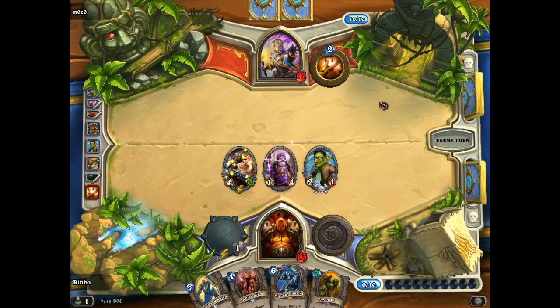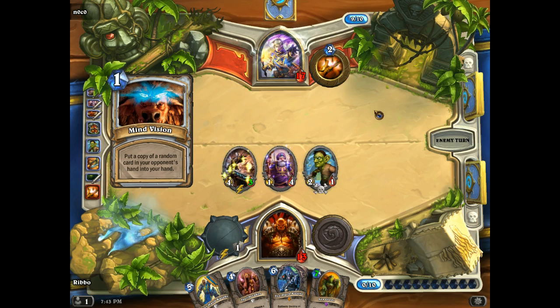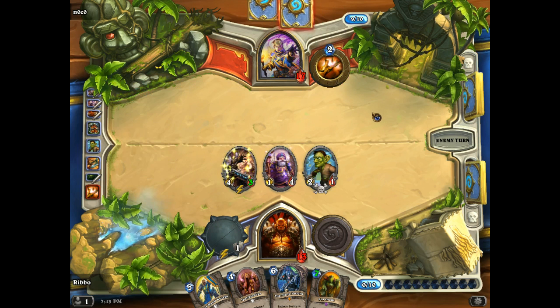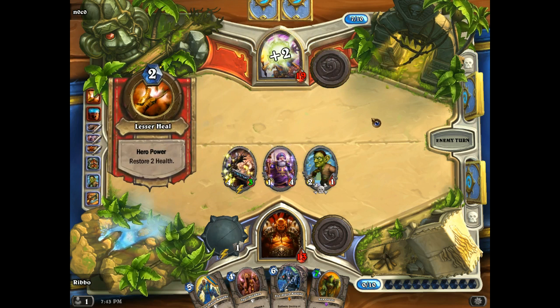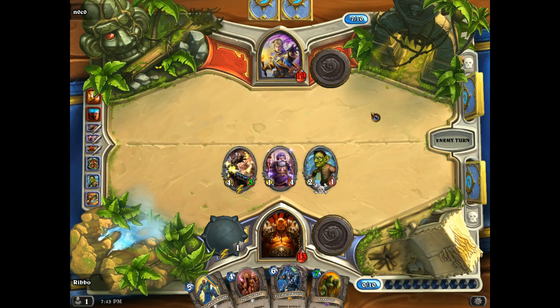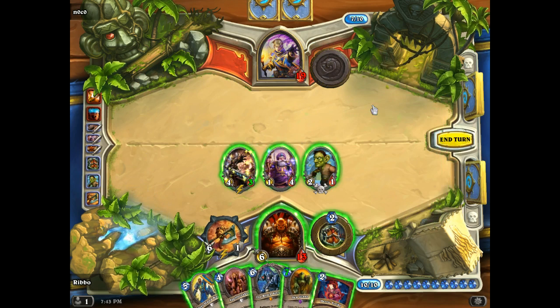Well, it was looking a bit ropey for a while, but we pulled it through. Not sure how we could lose from a situation like this now. He can prove me wrong. Mind Vision. Why would you play such a card? Why would you do it? So he's drawn the Black Knight, surely. Or maybe a Spellbreaker or something, but...